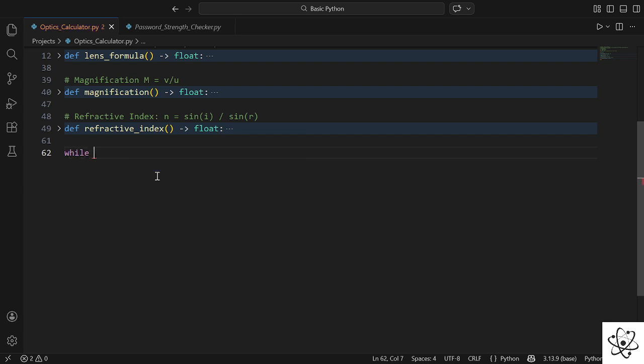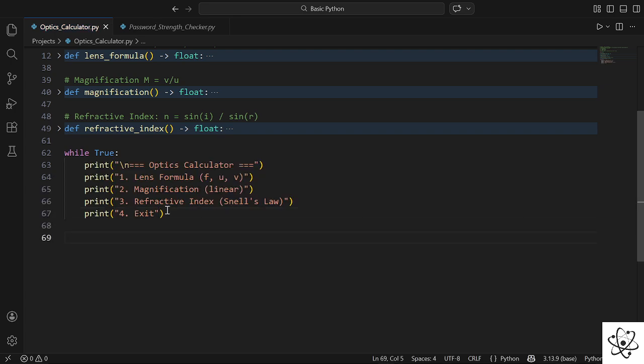So while True, and first we need to print a menu. Sorry if I'm copy pasting too much, because it's just redundant information for us. Now we are going to take input from the user, it's his or her choice, on which feature they want to use in this optics calculator, and then there is going to be an if else block